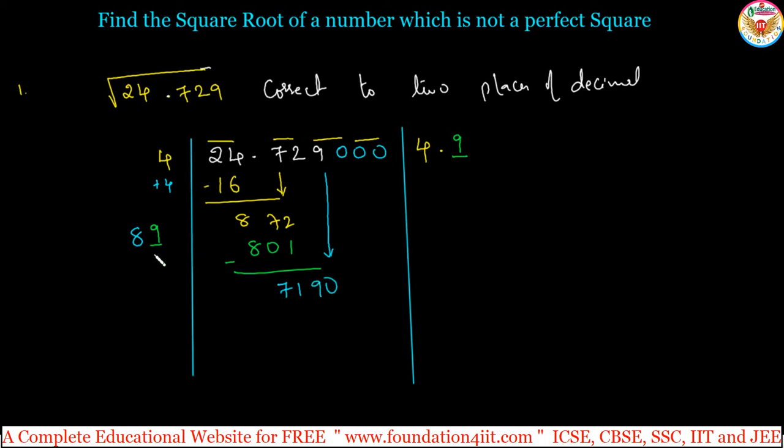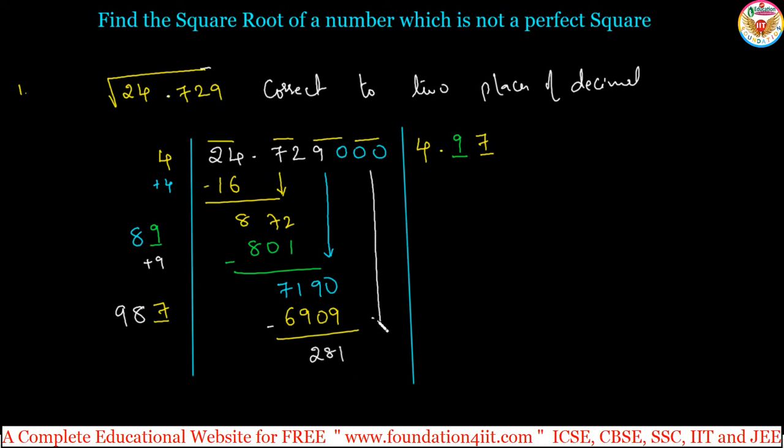Now we need to add one more. What is the units place? You should add that digit again: 89 plus 9 is 98, right? Now the units place here and here must be the same. That means 981 into 1, 982 into 2, until you reach less than 7190. So 987 sevens is 6909. Just subtract this, because 988 into 8 is more than this. Okay, and we get 281.